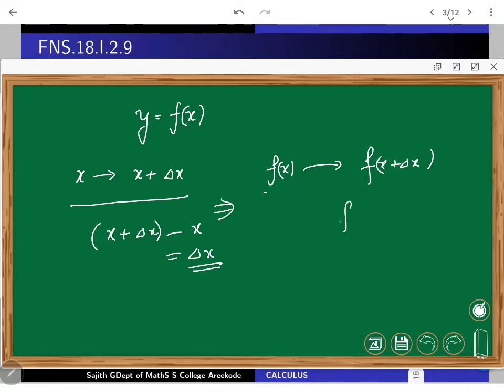So how will you obtain that? It is actually f of x plus delta x minus f of x. That is what gives you the variation in y, or conveniently, we can write it as delta y. So for an input increment, what is the effect on the output variation? Corresponding to delta x, what should be the delta y variation? This is the fundamental thing you are going to ask. One can have computations in evaluating all such things. Now let us look at some examples.